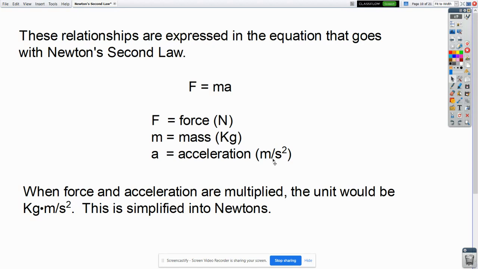If we take mass times meters per second squared, this is what we're going to get. Kilogram meter per second squared. You're going to see this as we work through math problems to try to understand what the units are all about. I do want to point this out. The directly proportional and inversely proportional relationships that I just talked about with force and mass are all in this particular equation. If I wanted to rearrange this equation to solve for acceleration, it would be A equals